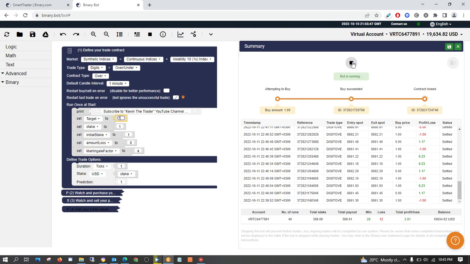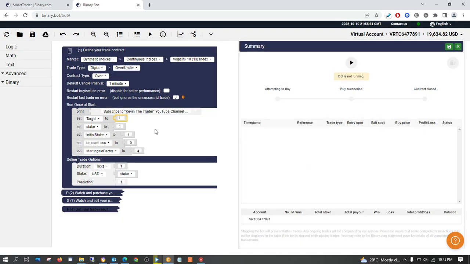Okay, we're just going to try to do it safely, and this is 0.35. Okay, now let's do this and we see where the martingale is taking us.